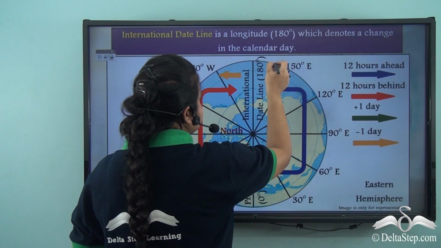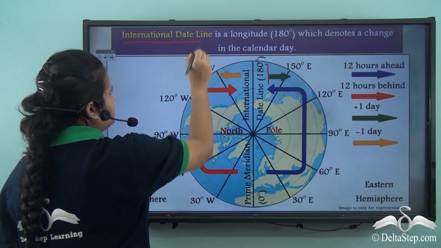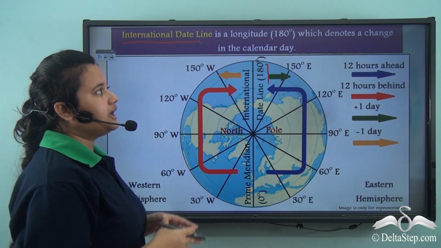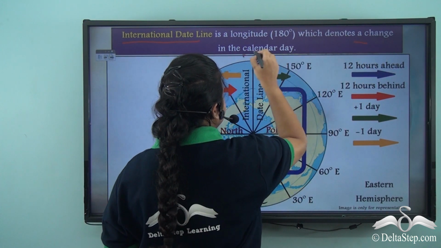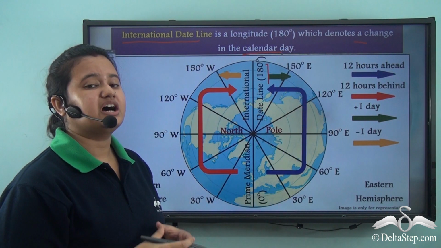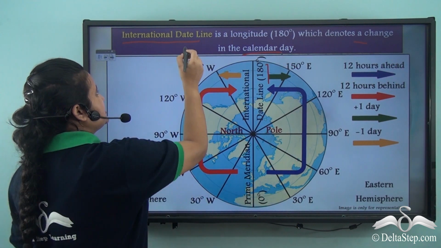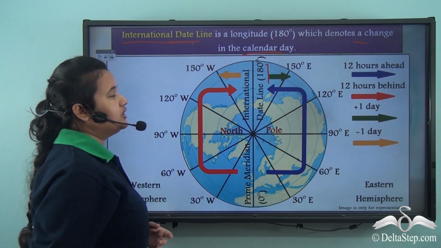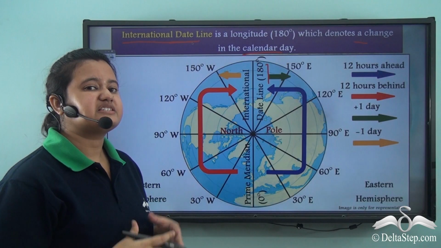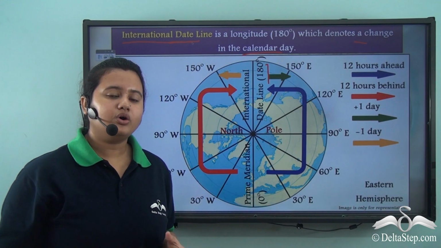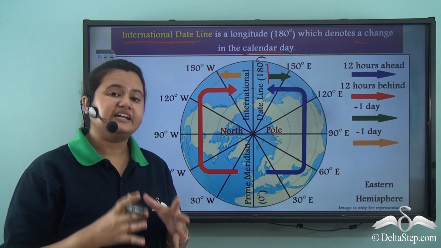So 180 degree longitude is known as the international date line, or IDL, because it denotes a change in the calendar day. That is, it denotes a change in date, and hence it is known as the international date line because it denotes a change in the date. That is, if you cross this line, then although the time remains the same, the day or the date